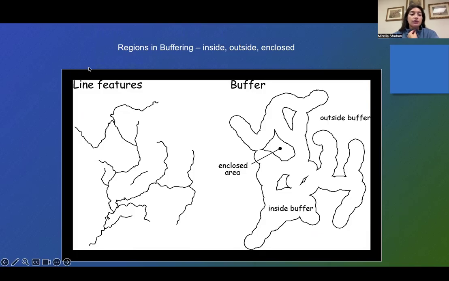Here we see some buffers around lines. We can see that sometimes when we run buffers around line features, like these rivers, for example, we get enclosed areas. It's important for you to know that anything within this enclosed area over here is not included in your analysis. So if you run some sort of a spatial analysis, the only things that are going to be